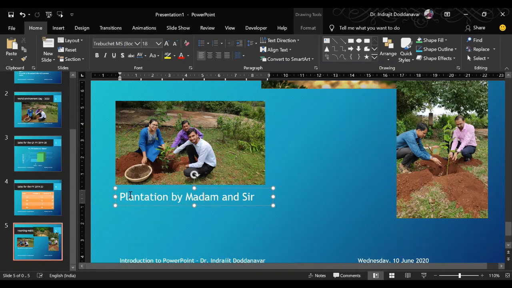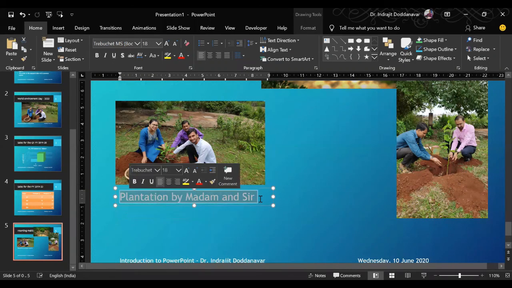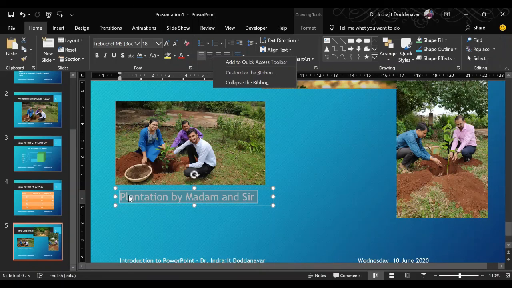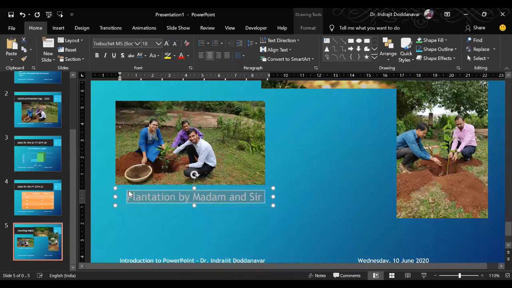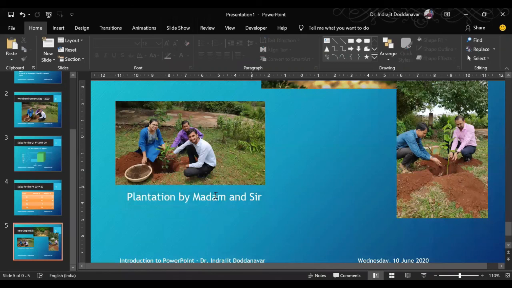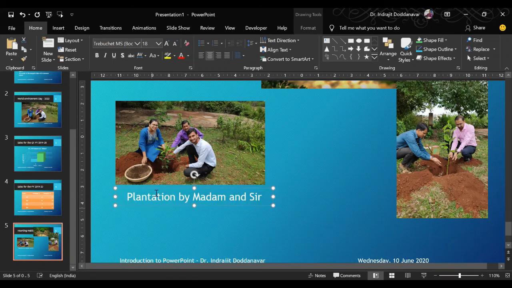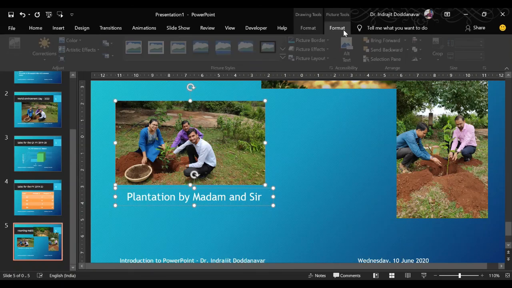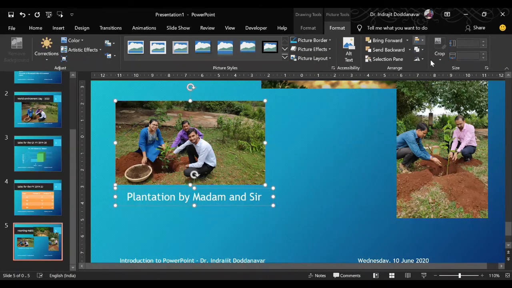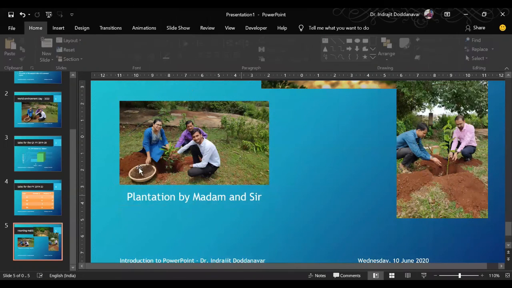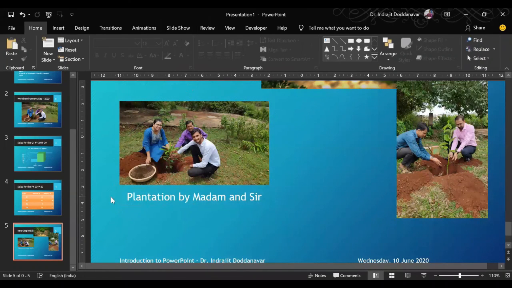So you select the wordings. When you click center alignment, you can see that it has come to the center of the box. Now we need this particular naming aligned with the photo. So what you will have to do, you will have to click the text and the photo, go to Format, go to Alignment, and say align center, right? You can see the photo and the text are aligned properly.